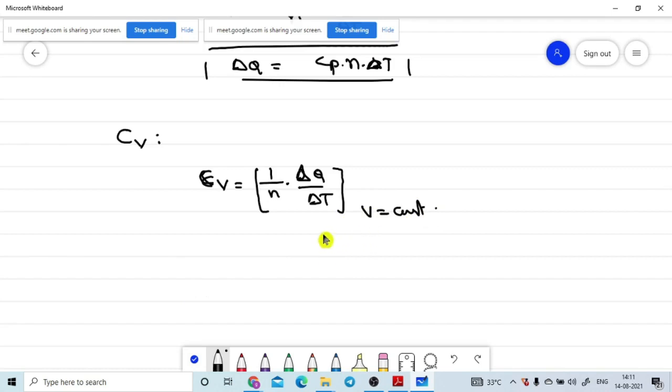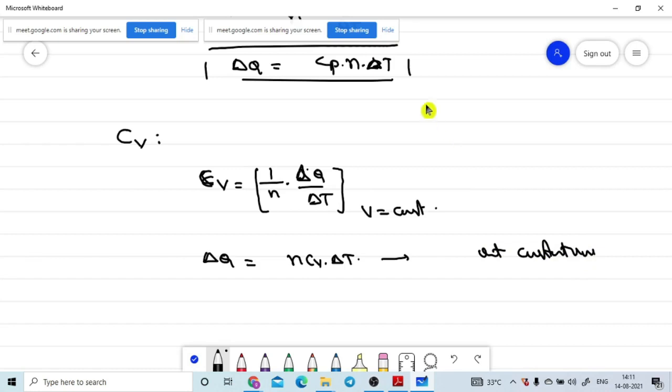It is the amount of heat required for 1 mole of system to rise unit temperature. That is the formula. Now in the similar manner also, can we write dQ is equal to n into Cv into delta T, while the experiment is going on at constant volume? Is it correct or not? At a constant volume.